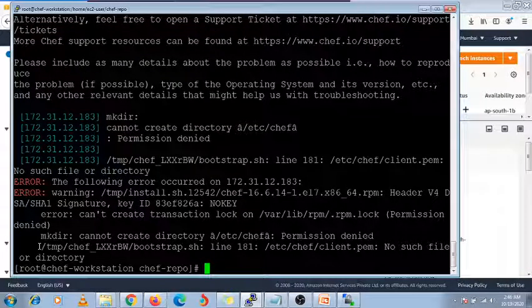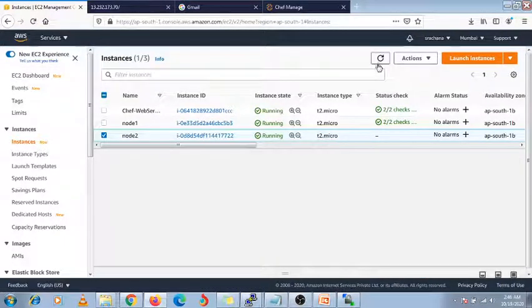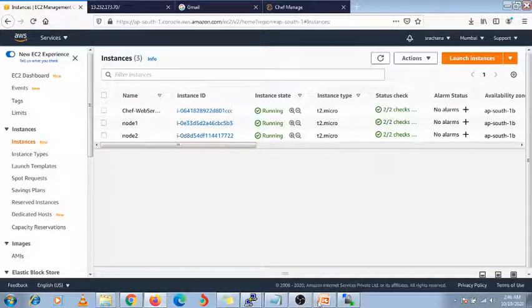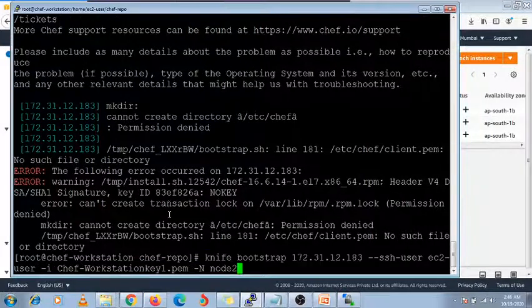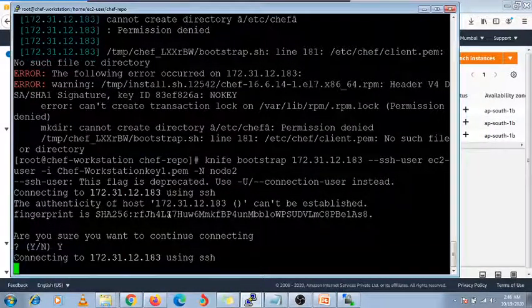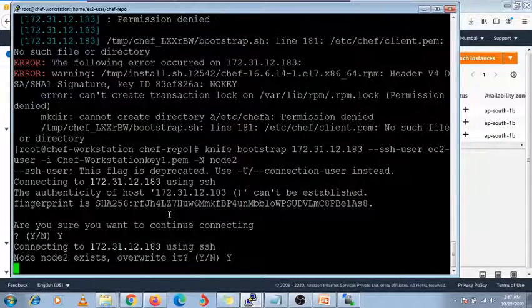Here it is reflecting an error because this machine is still not ready, I think. So first we need to wait for some time. Now it is showing node 2. You need to use the same command. Yes, enter it. Override, yes.